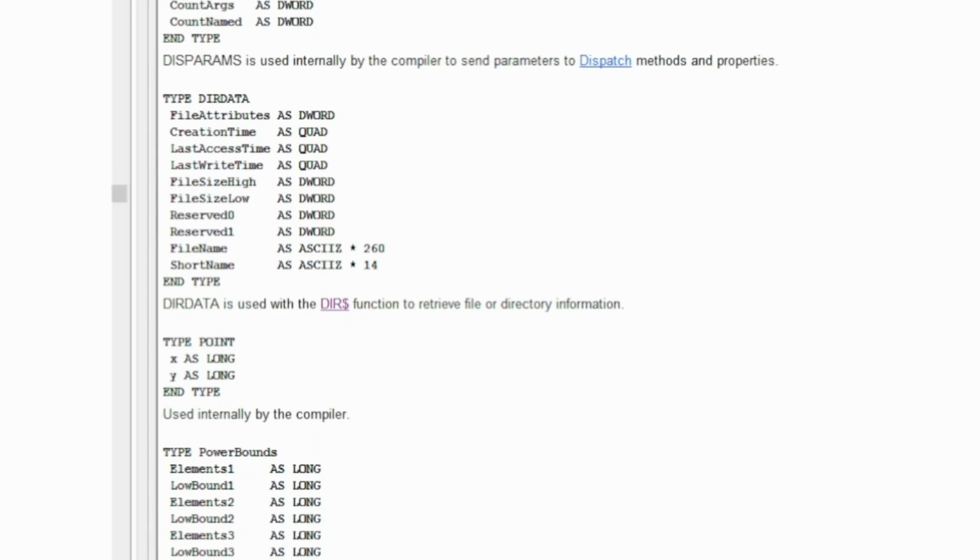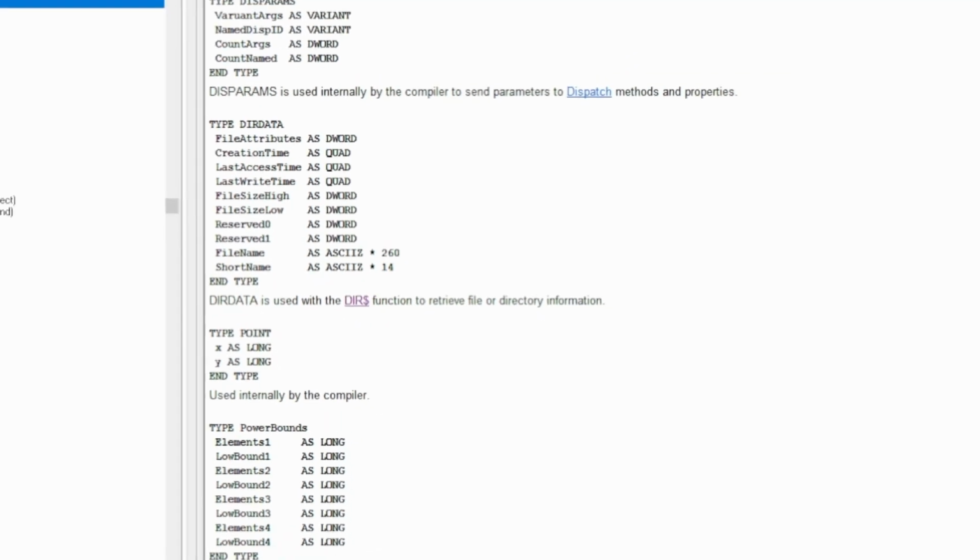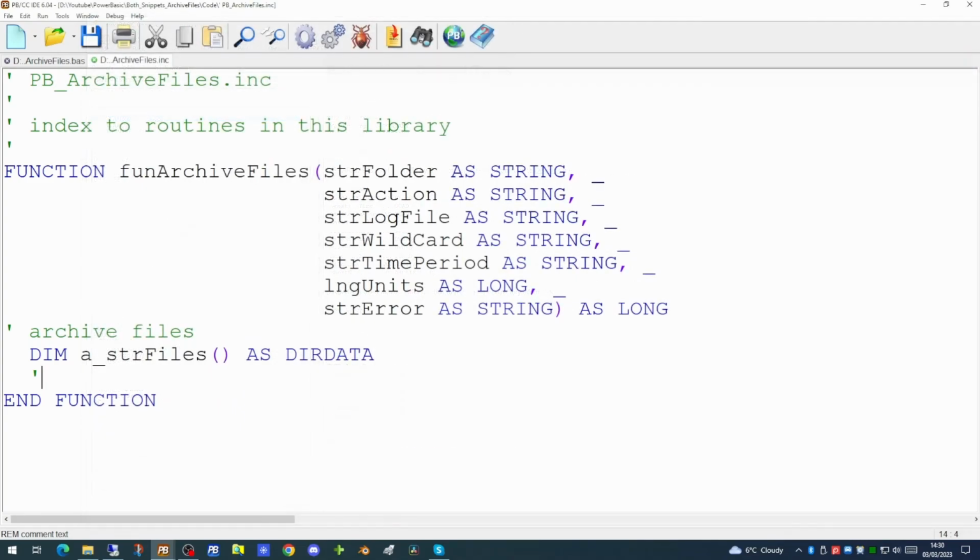It also contains the file name and information on the file attributes, all of which we can use. Before we start working out which files need to be deleted or logged, we need to check the parameters that have been passed in from the calling application to ensure that all the parameters are indeed valid. So first of all, we will trim off any trailing backslash on the name and path to the folder.